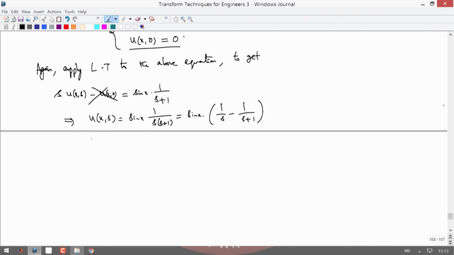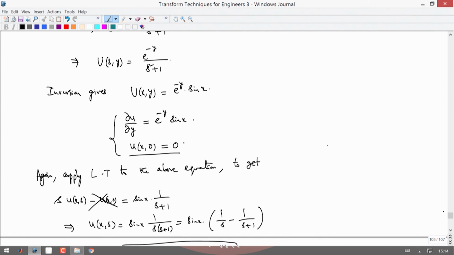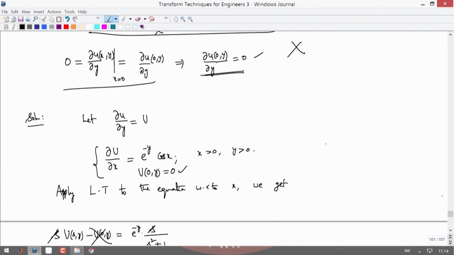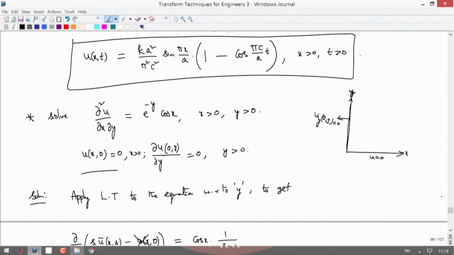So, inversion gives now the actual solution u of x y, which is equal to sin x times 1 by s is 1 minus e power minus y. So, this is actually your solution. Okay. So, this you could make use of both the boundary conditions, so that is the actual